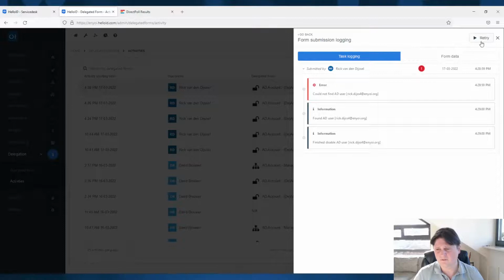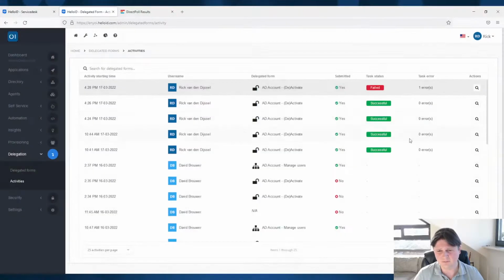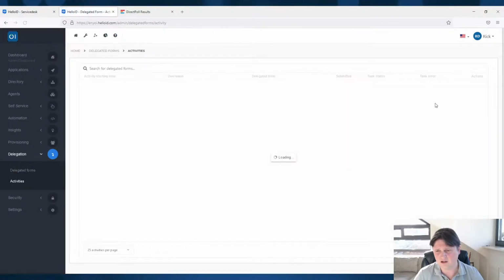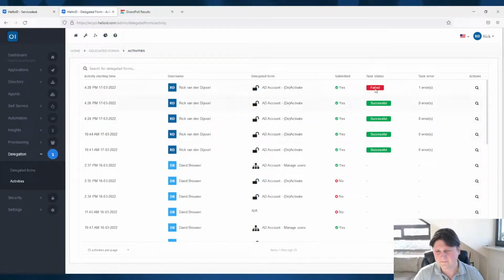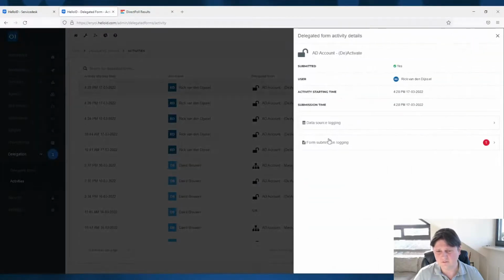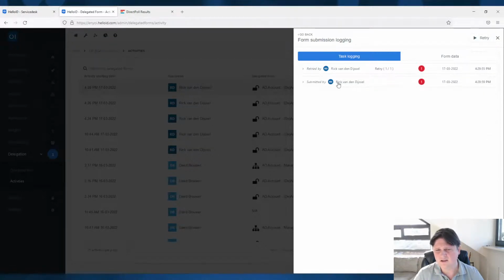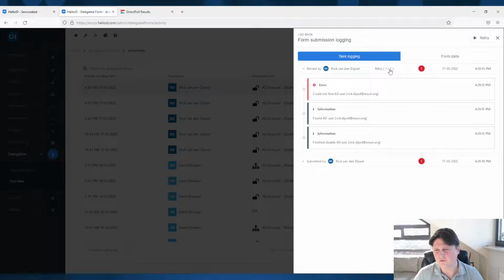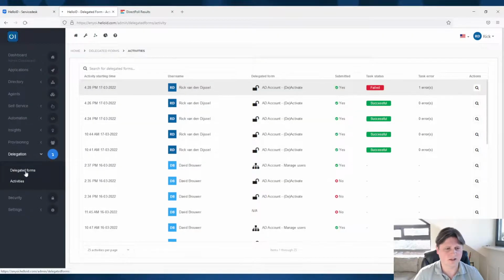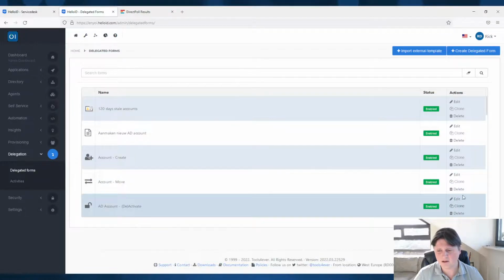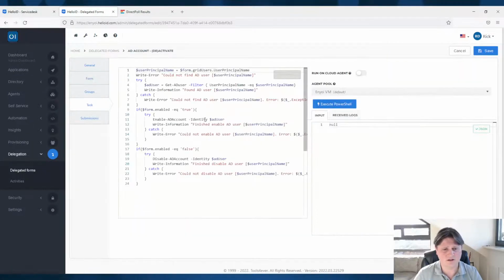Normally if I press retry, of course, now it doesn't work, because the problem is still in my task. So if I change it again, it should be still failing. And if I go to task logging, you can see, okay, it's submitted, and this is the first retry. It fails again. But if I go back to the delegated form and change it and go to my task and just remove this line,